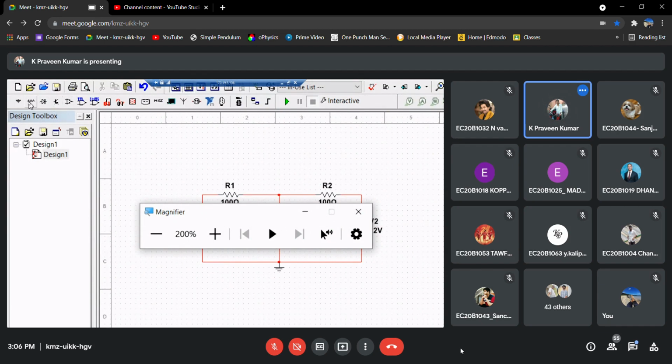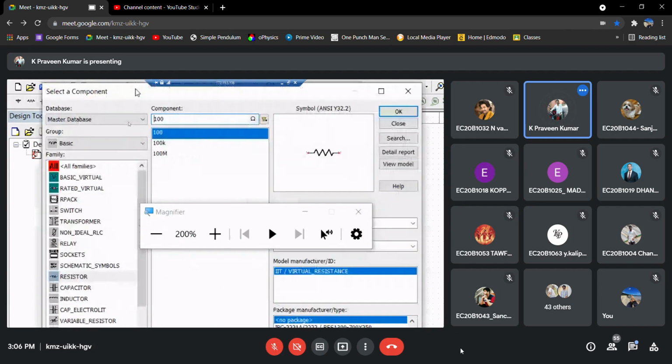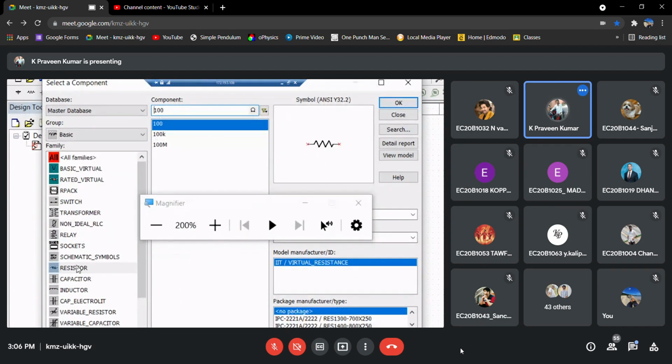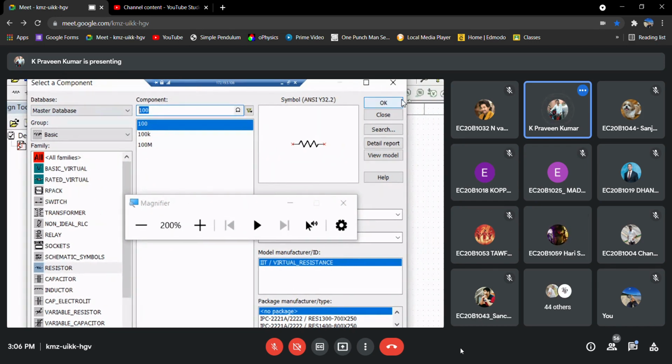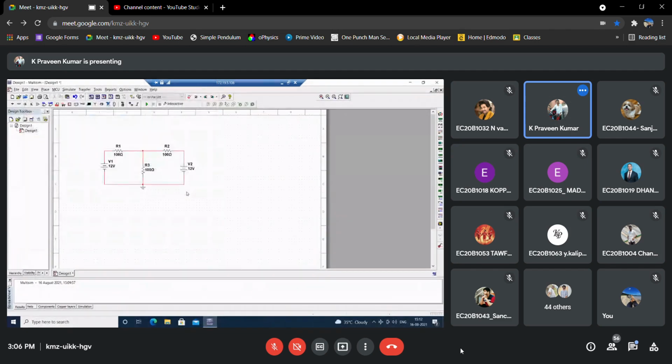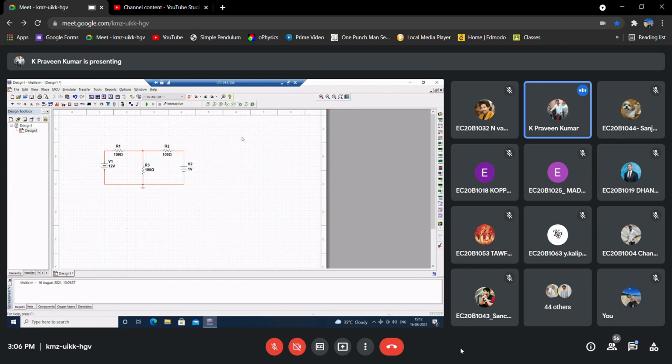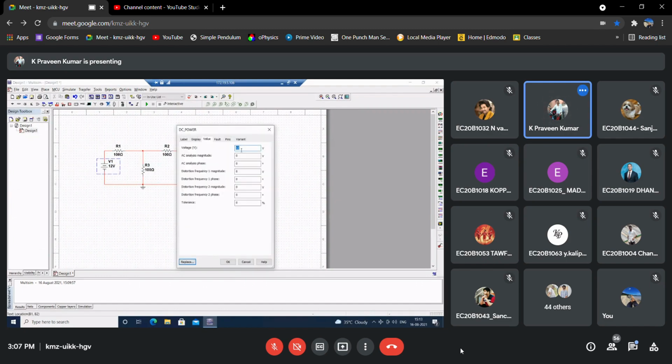All the basic components you require are here. If you want a resistor, just select resistor and the amount you require, and you can place it there. Let us change this value to 1 volt and 1 volt.